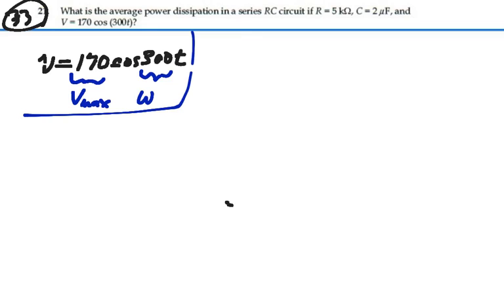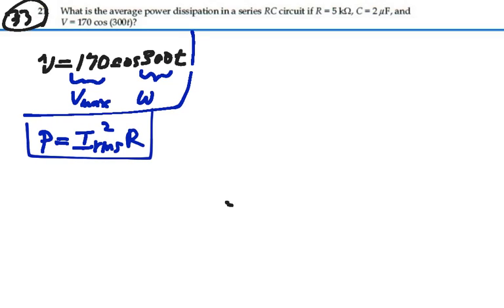If we were looking for average power, we eventually want to get to this point where power is equal to our root mean square current squared times the resistance in the circuit. So we need to find our root mean square current, and to do that we need to know impedance. So our inductive reactance is omega times L. That will be 300 times the inductance, which was, there is no inductance,